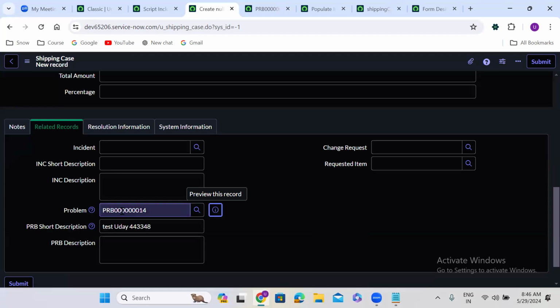So likewise, can you populate change short description and change description by creating two fields? You can create two fields under change, below the change request field. Change short description and change description should be populated in those two fields. So similarly, create two fields under requested item: requested item short description and requested item description. Let me select one requested item here. The requested item has